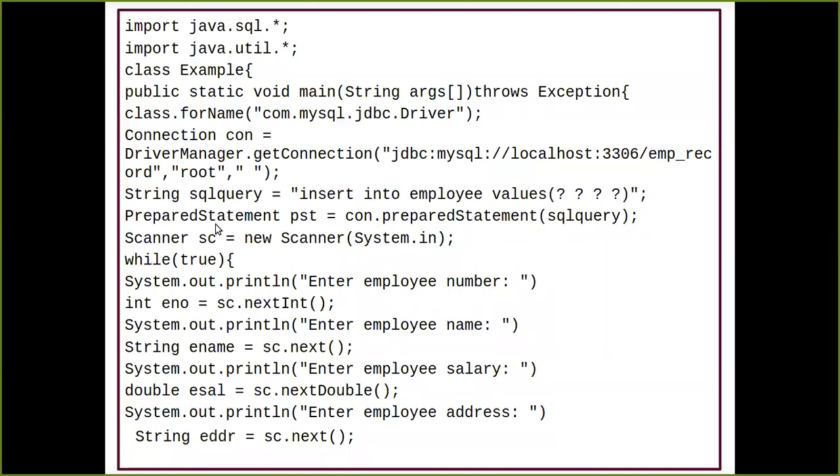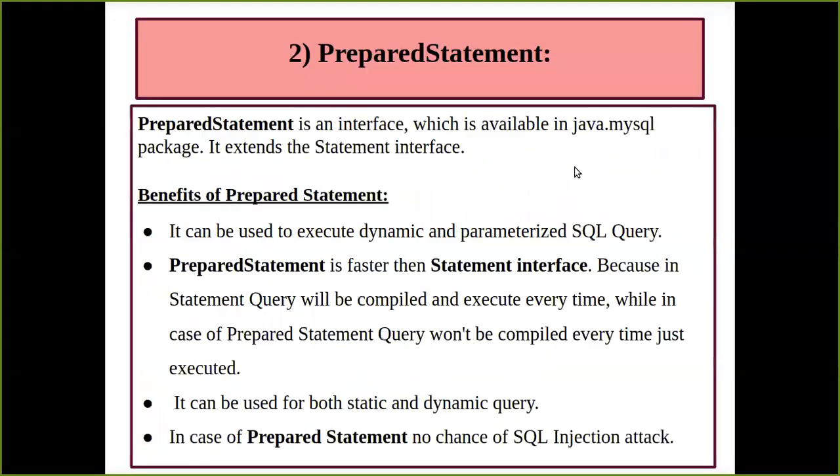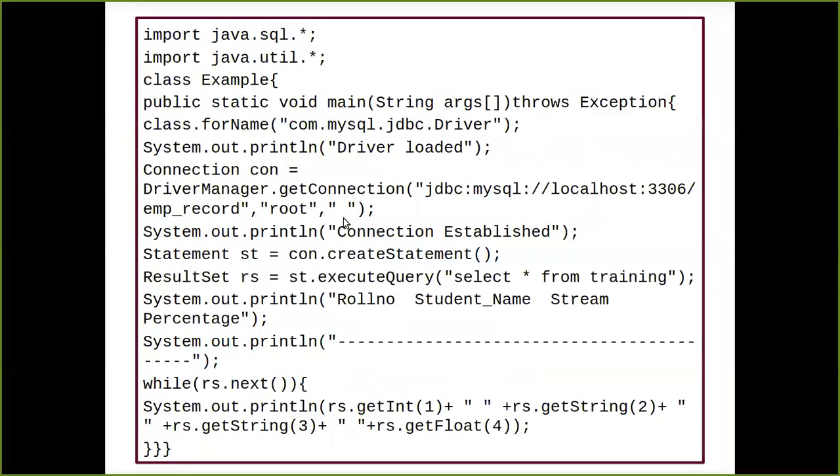So I am just having the statement interface, and then I was just using the object of the connection class, and then I was just having a method called create statement method. If I can show you that, over here, I was having this statement interface. I was using the connection object dot create statement method. I have not passed it any queries over here. So it has been understood that I don't want to make any changes into my database.